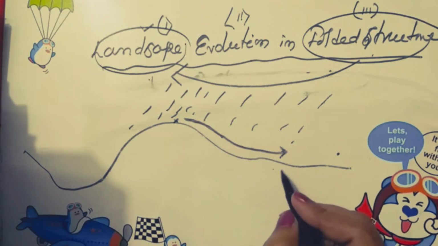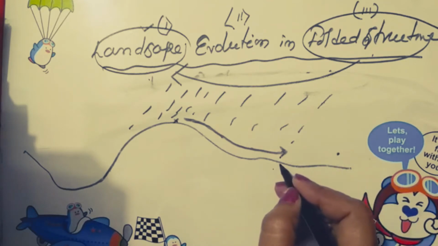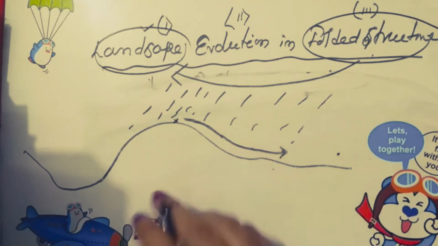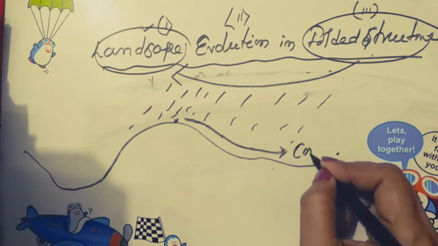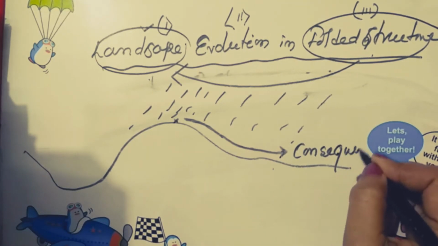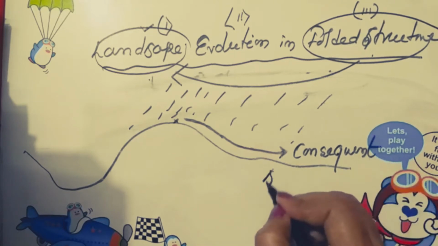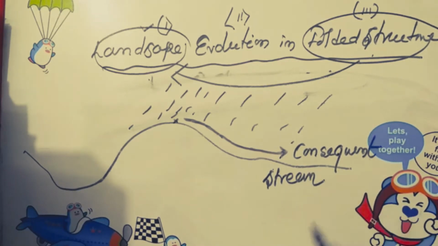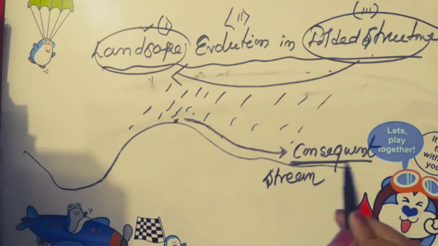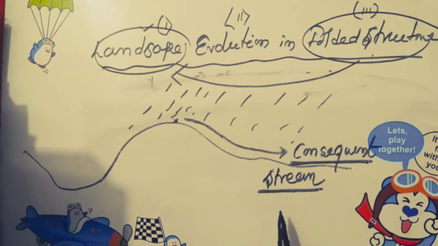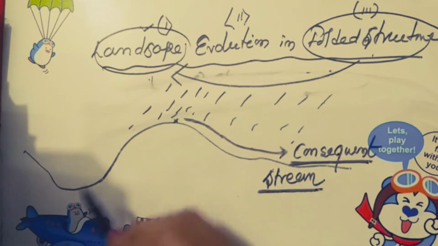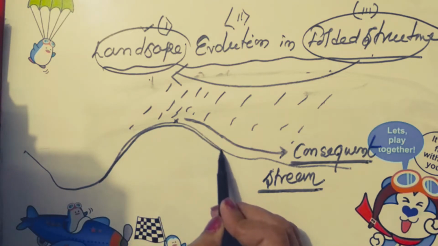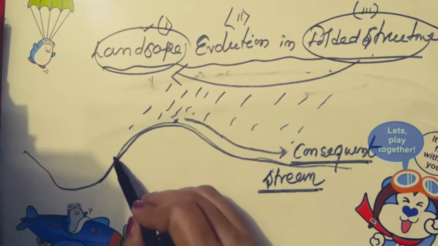This kind of surface runoff is called a first order stream. It's also called a consequent stream. What is a consequent stream? In Bengali, it's called Onugami Nodi. This kind of stream follows the normal slope of the landform. Here, in a simple curved line, I draw this